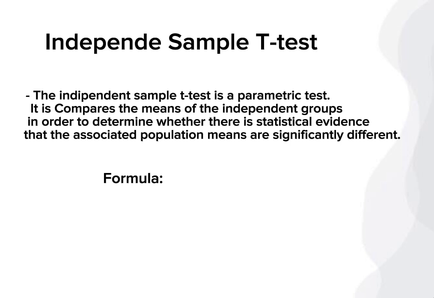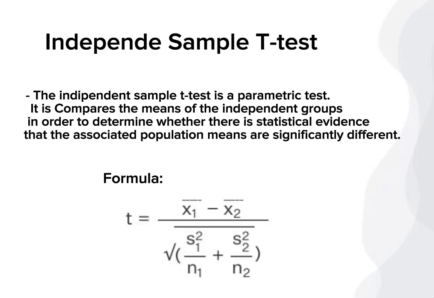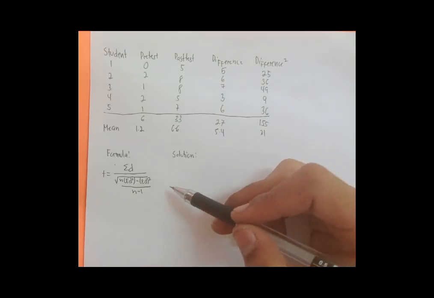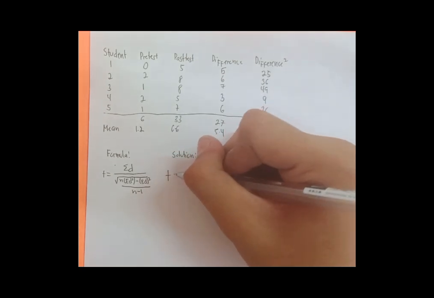Independent sample t-test. The independent sample t-test is a parametric test. It compares the means of independent groups in order to determine whether there is statistical evidence that the associated population means are significantly different. The independent sample t-test can only compare the means for two groups. It cannot make comparisons among more than two groups. If you wish to compare the means across more than two groups, you will likely want to run an ANOVA. Using this formula, so t equals